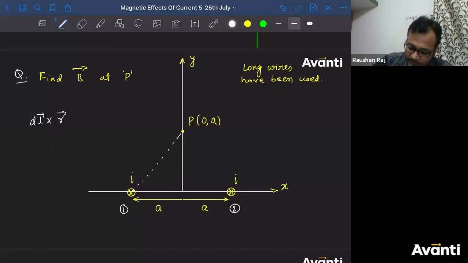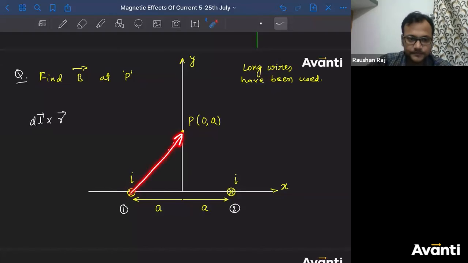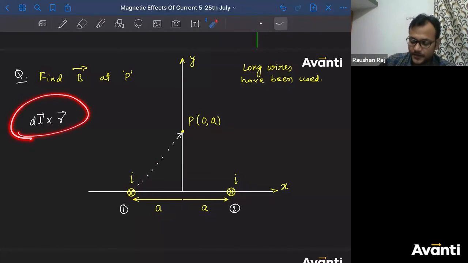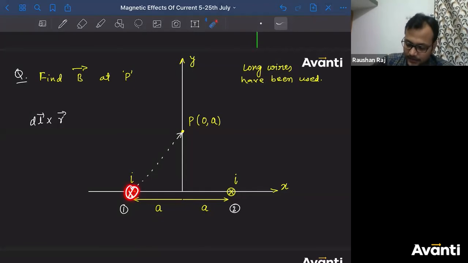dl is into the plane. r is, this one is the r. So dl cross r. अच्छा, मैंने उल्टा किया था, एक्चुअली इधर होगा dl cross r. So the finger should be into the plane and the palm should be facing towards r. Thumb will be in this direction. Or you can say dl cross r should be perpendicular to dl and r as well.